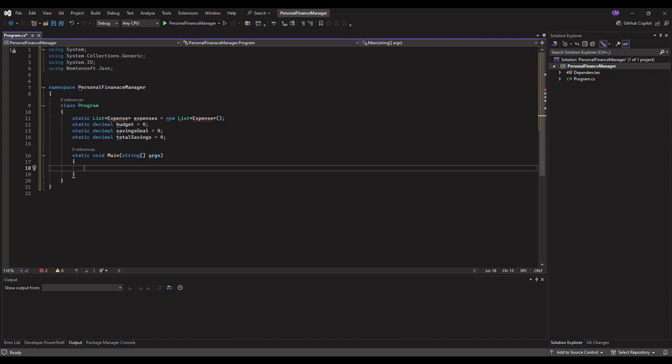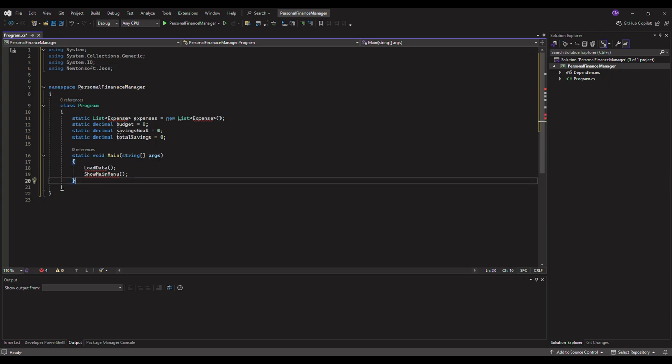We're going to call our method to load saved data from a file, and another method to display the main menu, which we're going to call LoadData and ShowMainMenu. So then let's say LoadData, and we do it like this, and let's say ShowMainMenu, and we do it like that,